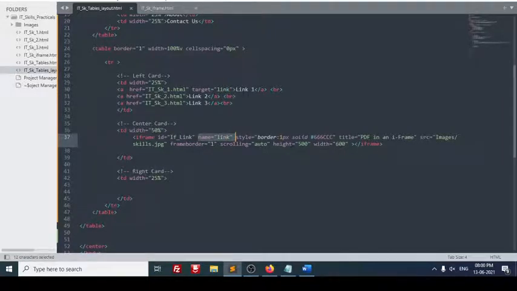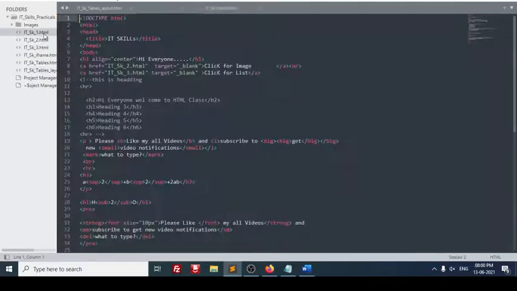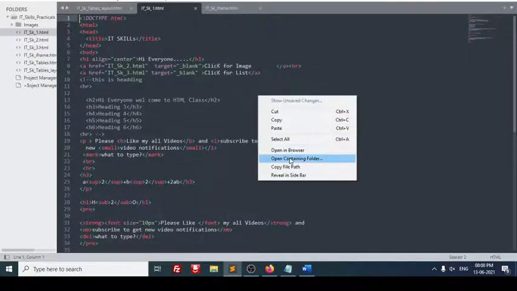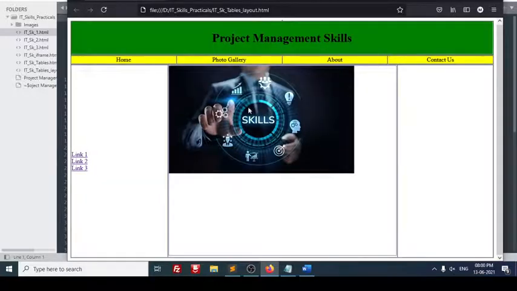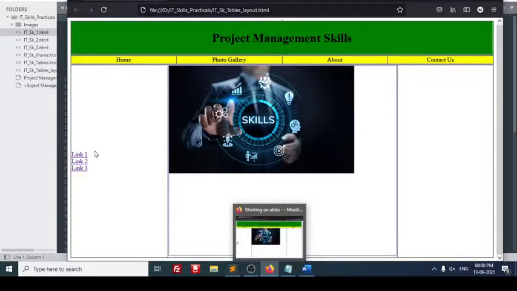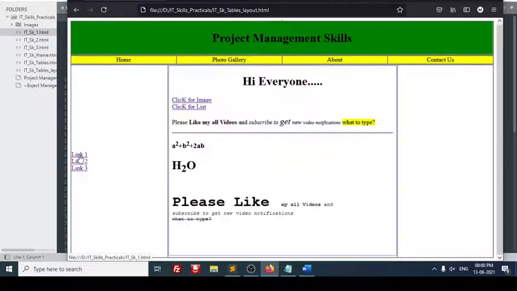So when I click on this link one, this page, itskills.html, which is an already created page, I will demonstrate how it will look. Yeah, this page will appear in this one here, not as a new page in this particular window. So this is our iframe. You can see this area here. This is our iframe, inside this table with border one. Now this should come here. So I just click on this. See, this is coming here.